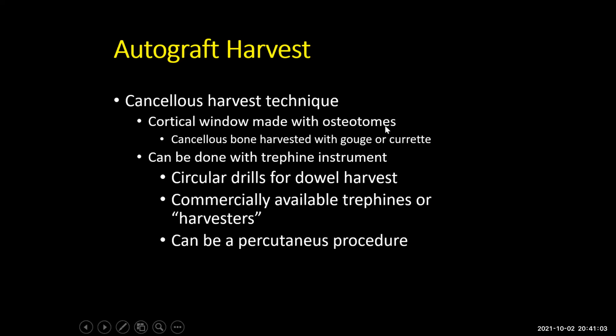Technique: a cortical window is made with an osteotome. It can be done with a reaming instrument. A circular drill is used for dowel harvest, that means a small, long sliver type of bone graft if you need. Commercially available trephines or harvesters can be used